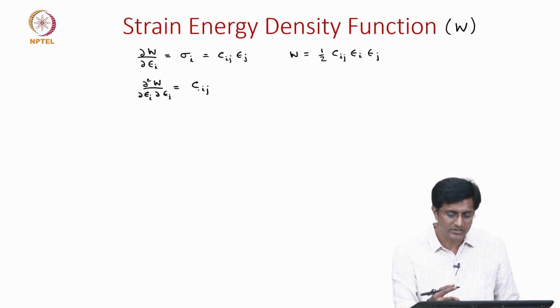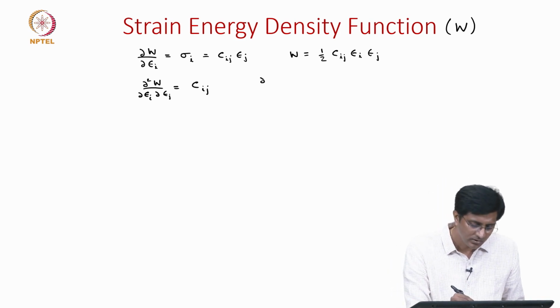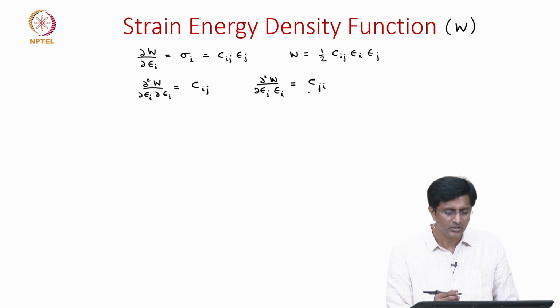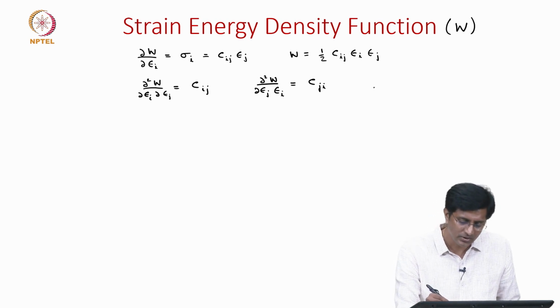But for the same strain energy density function, if I reverse the order of differentiation, meaning I first differentiate with respect to epsilon j and then with respect to epsilon i, we will end up with Cji. Since the order of differentiation does not matter, this essentially means that Cij is the same as